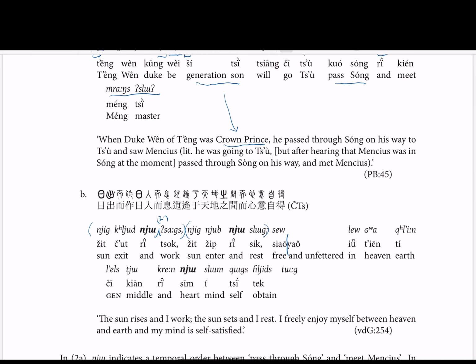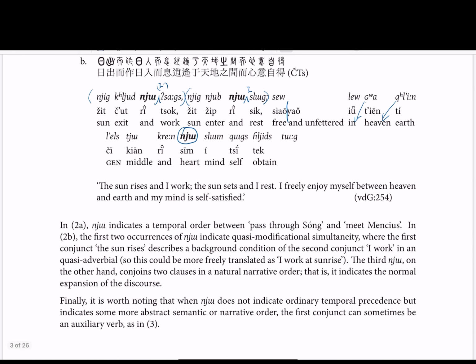So the sun goes down and I rest. Finally, being free and unfettered in between heaven and earth, that is in the world. And my mind is self-satisfied. It is worth noting that when the conjunction er indicates some more abstract semantic or narrative